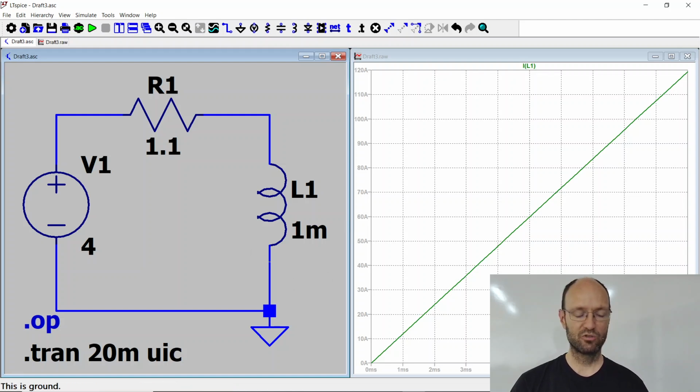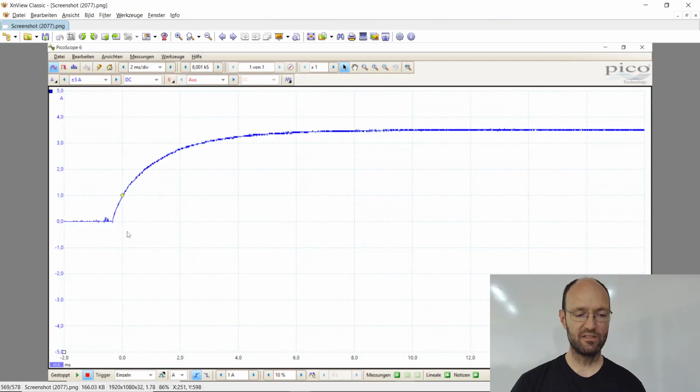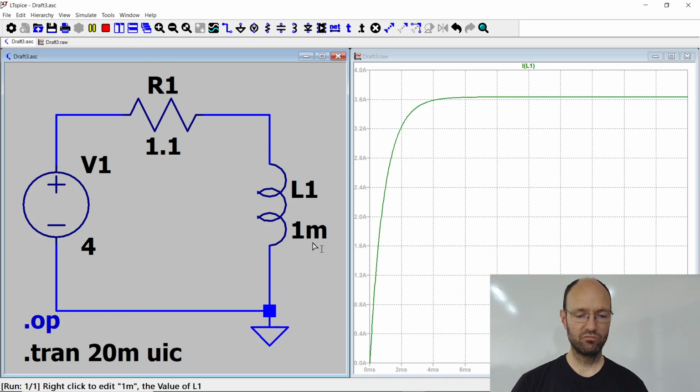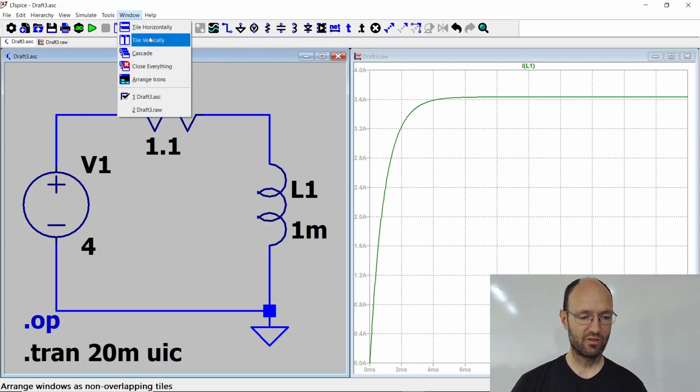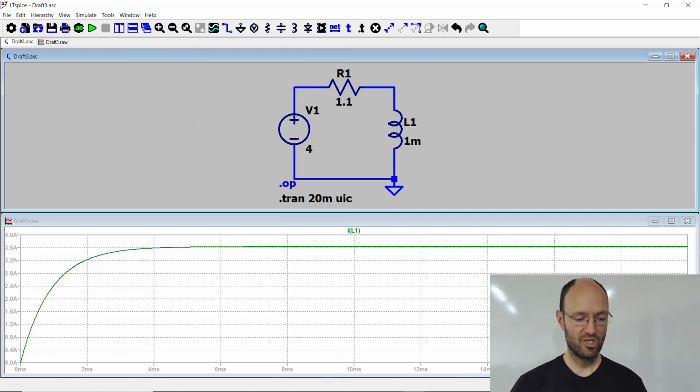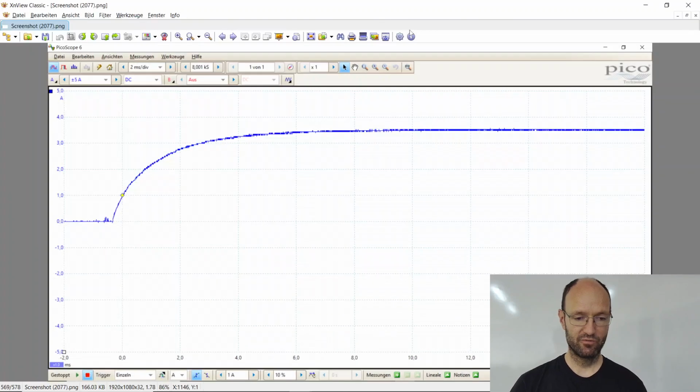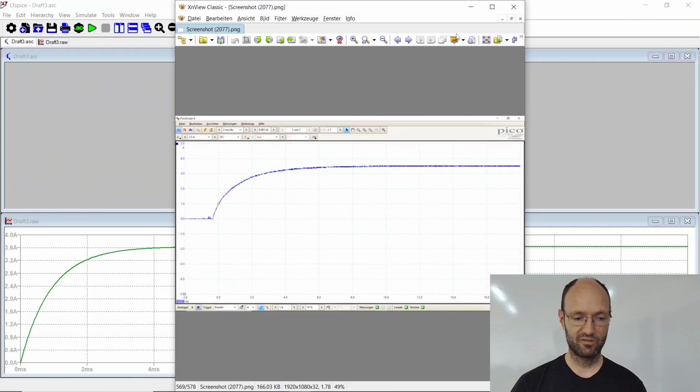There's no counter electromotive force. We just have the resistance and the inductance of the winding of the blocked motor. So if I now hit the simulate button, I should get pretty much the same result that we got in the measurement. And if I do so, well, you can see it's working quite nicely. I can try to put this on the same window. So I will go to tile horizontally, and then maybe try to find this here and make this a bit smaller,